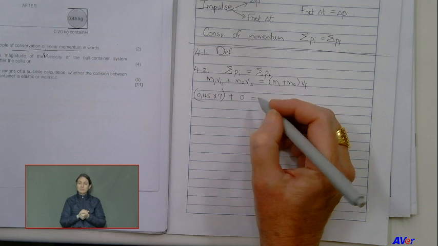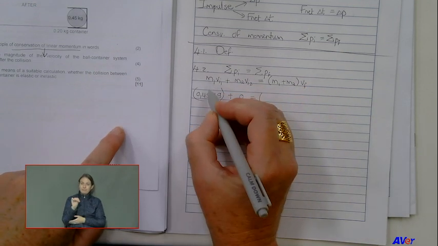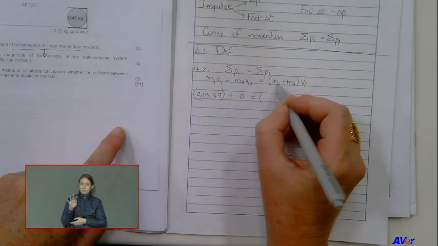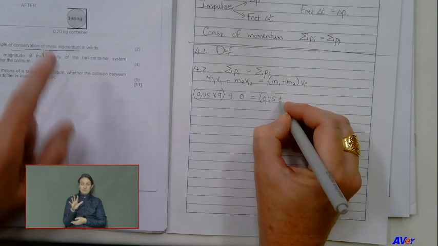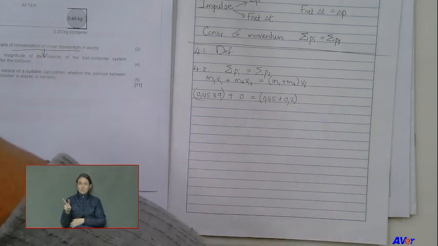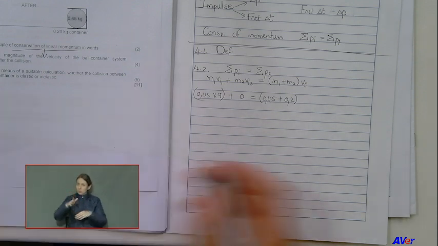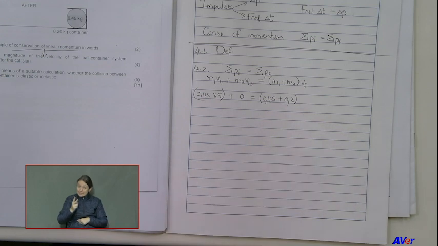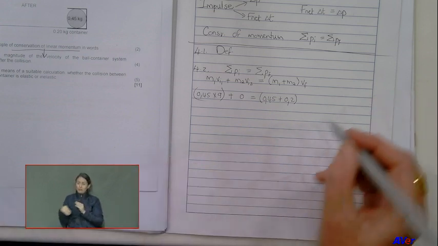Then, on the other hand, now I must remember, if you have your M1 now as 0.45, on the other side, it must be 0.45 again, and the container is 0.2. Please don't add them together already. We want to see that you do the addition. Don't do it in your head. I know it's easy, but please don't do it. We want to see it.